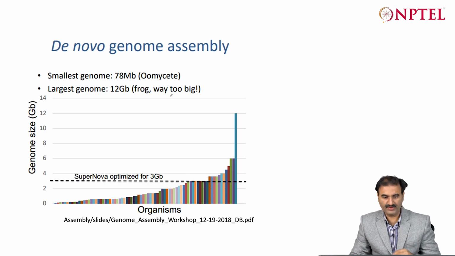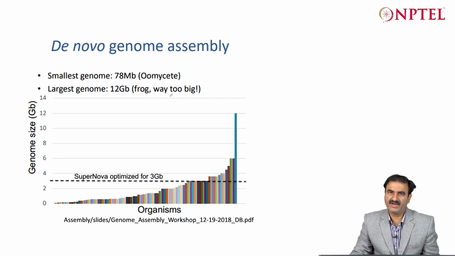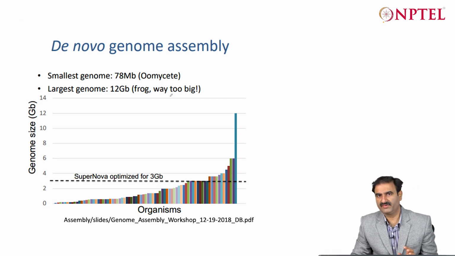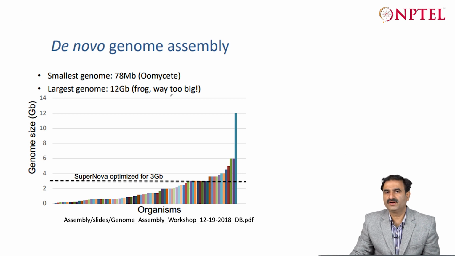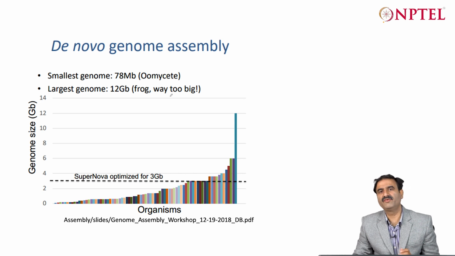So basically the smallest genome it has covered is about 78 MB, just for example, from the 10x website, and the largest genomes, for example one of the large genomes like 12 GB, which is frog, or aloe vera which is 16 GB, are beyond the scope of 10x Genomics or linked read sequencing by 10x, because the software also cannot handle it, and the number of reads that you will be generating given the 55 to 60x coverage of, say, a 12 GB genome will be huge,